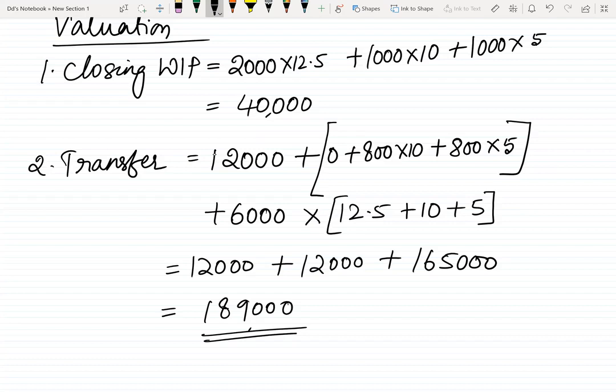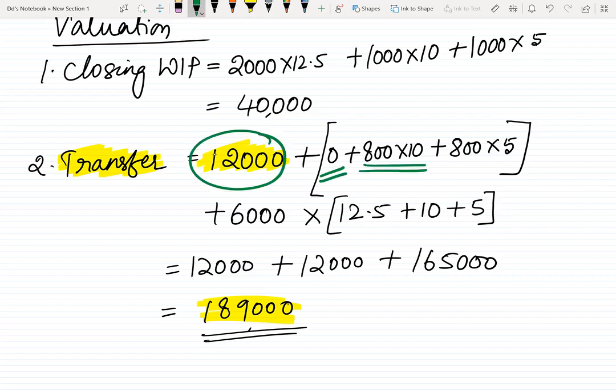I quickly repeat, don't be in a hurry to tally your account. It will tally, don't worry much. Whatever I am transferring should be taken correct. What all I am transferring, something that came from previous period also I will transfer, but I will not just like the transfer. On this 12,000, I will put 0 rupees of material efforts, 8,000 rupees of labor efforts, 4,000 rupees of overhead efforts that I will transfer. Okay.